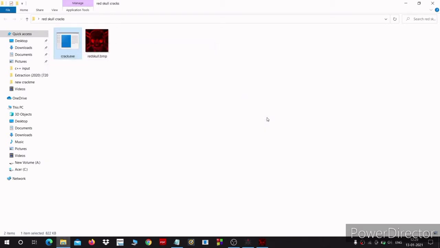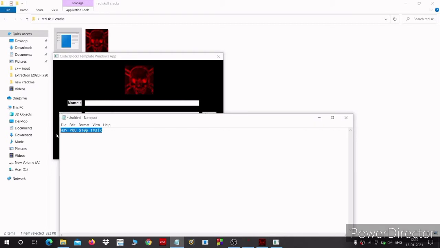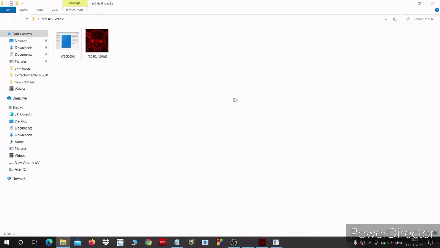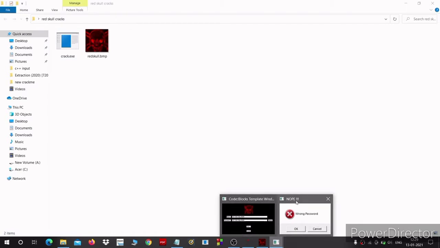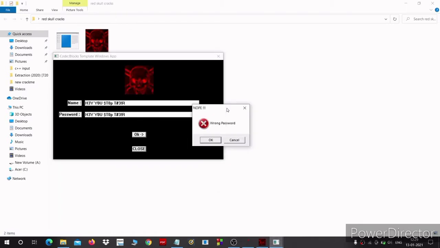Now let's enter the correct password and see if this says wrong password or not. So this was our correct password. Let's copy it and paste it here. Paste it here too. And let's say OK. And now it says wrong password. So that is what happens when we reverse the jumps. So now the correct password has become the wrong password and any other combination has become the correct password.